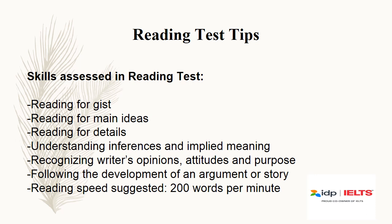Reading test tips. Skills assessed in reading tests are to see the candidates' competency, capability, and ability to read for the gist, understand the central theme, context, and key point of the text, reading for main ideas, reading for details, understanding inferences and implied meaning, recognizing writer's opinion, attitude, and purpose, following the development of an argument or story. These are the various criteria for assessment, to see whether the candidate is able to understand and get the comprehension